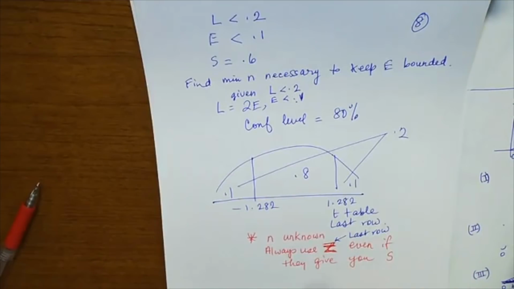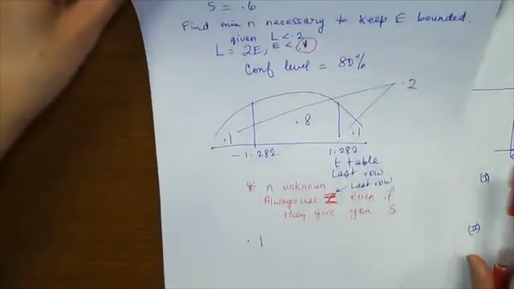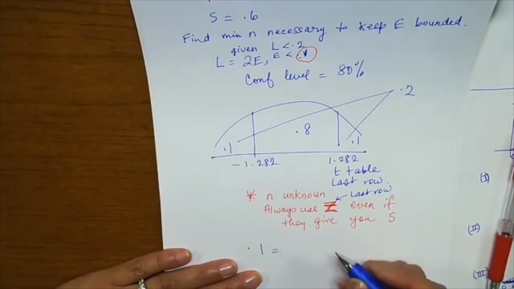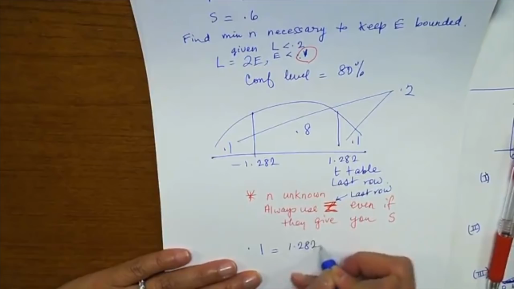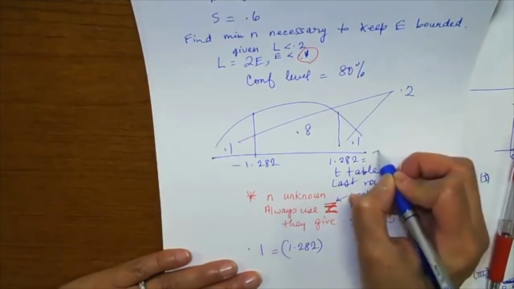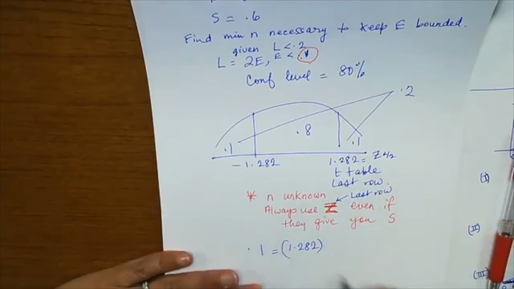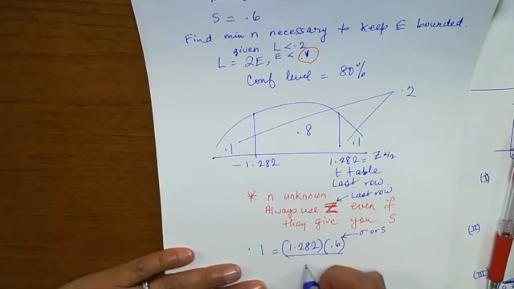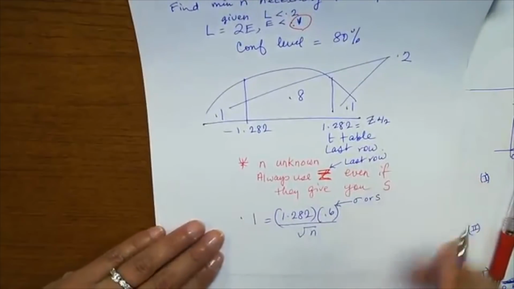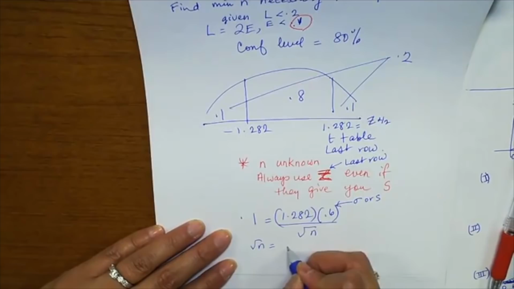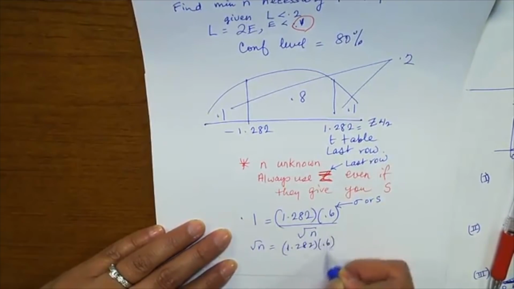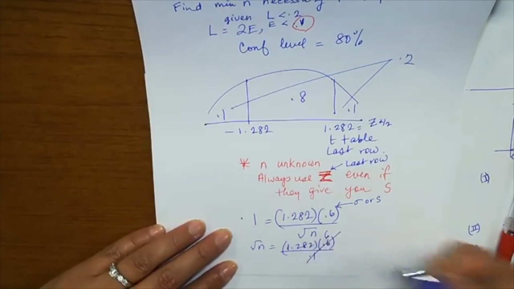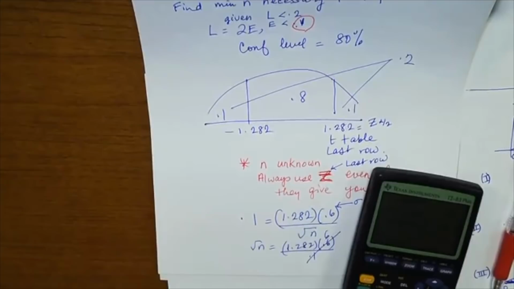So 0.1, which I got from here, equals Z alpha over 2, which is that. Sigma or S is 0.6 over rad n. And my job is to solve for rad n. So rad n is equal to 1.282 times 0.6 divided by 0.1. So this goes into the 6 times. Therefore, 1.282 times 6,